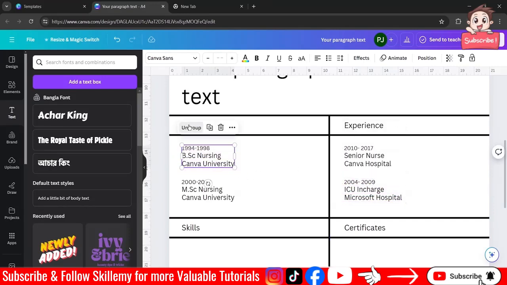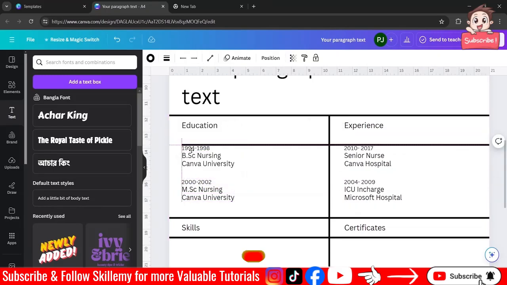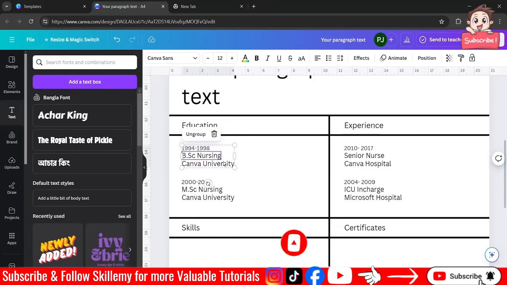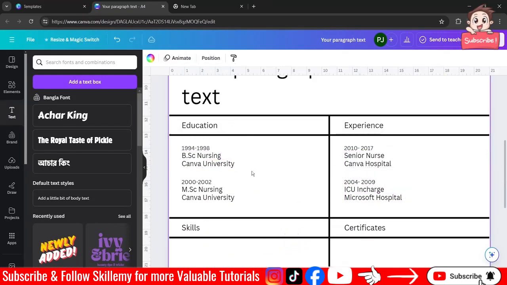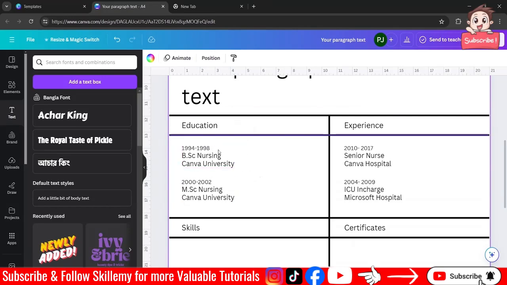We'll come back to this one later. So this is now in a group. Now you can add a bullet point between both of them, or if you don't want to add a bullet point, you can keep it like this if you want.